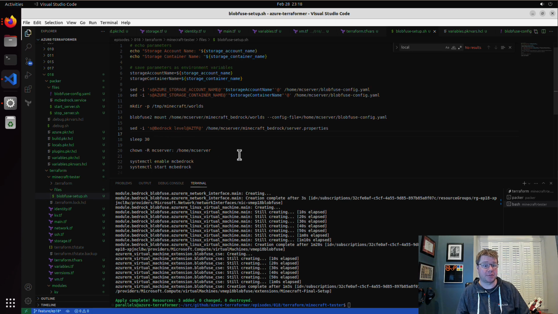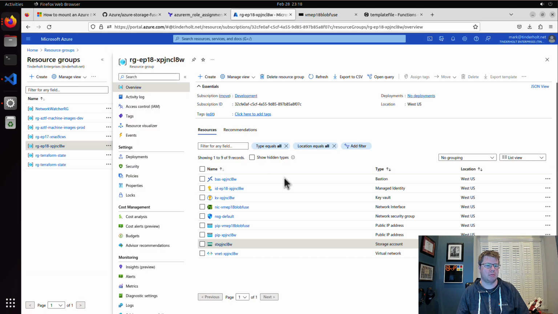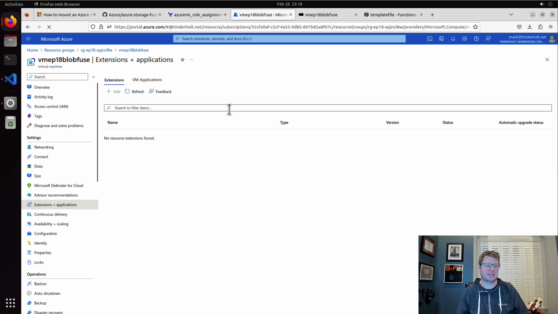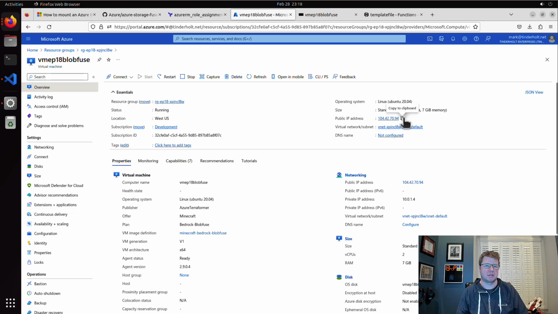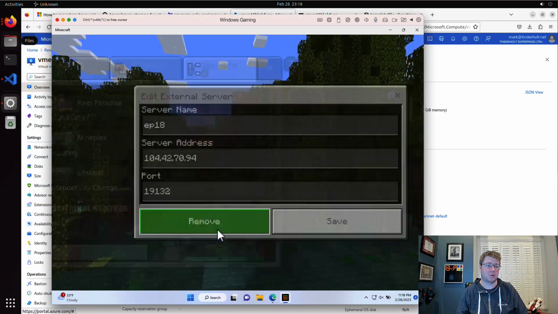Okay, so it's finished. The VM's back up. This script, again, should have run. Let's hit refresh. Let's go look at our VM. The VM has the same name, but you saw it was deleted. Let's go look at the extension, make sure nothing weird happened. Enable succeeded, storage account, worlds, symlink created. There we go. Let's go check its IP address. It may be the same IP address, and if all goes well,